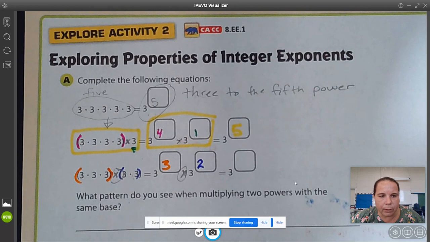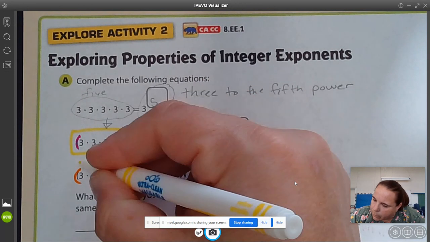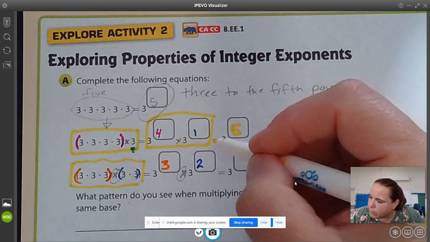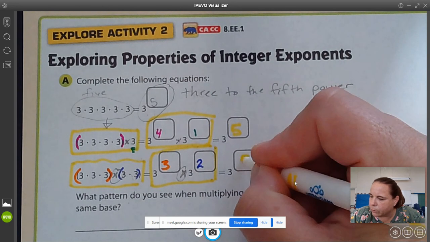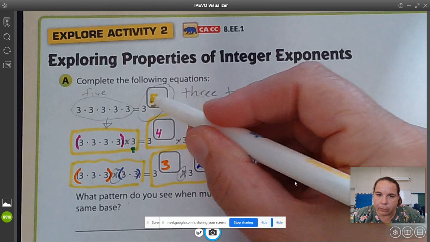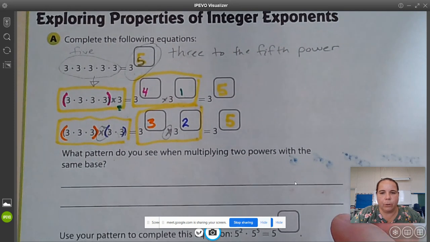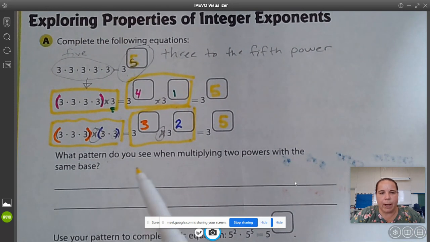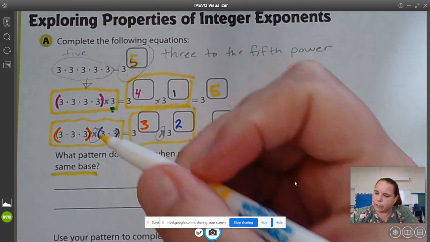Well, what do we still have? We still have these 5 3s multiplied in a row, so this is also 3 to the 5th power. Okay, so we have 4 and 1 is 5, 3 and 2 is 5. So what pattern do you see when multiplying 2 powers with the same base? Notice, same base. And we talked yesterday about what the